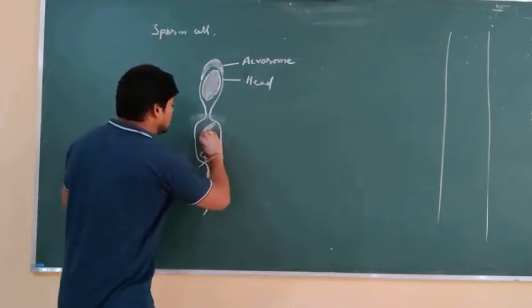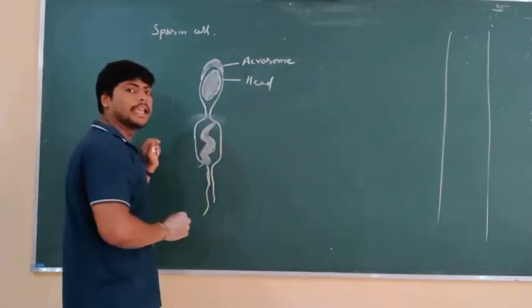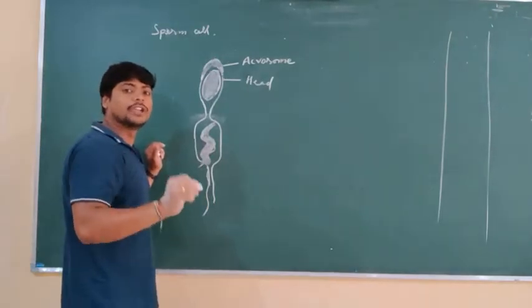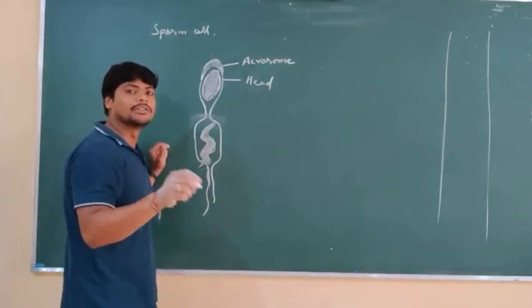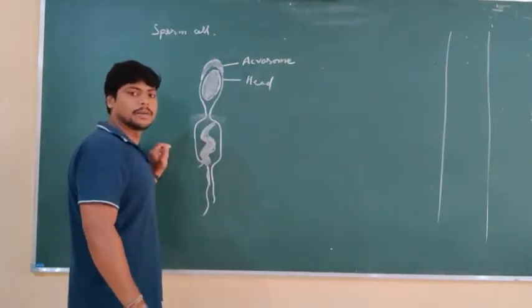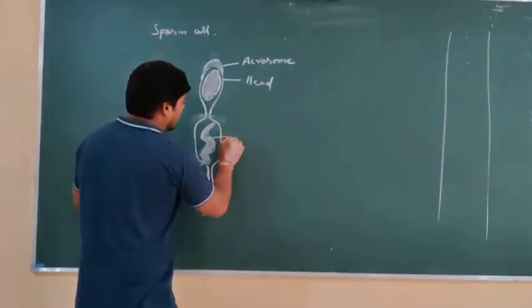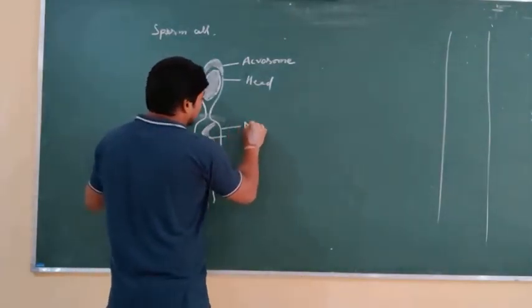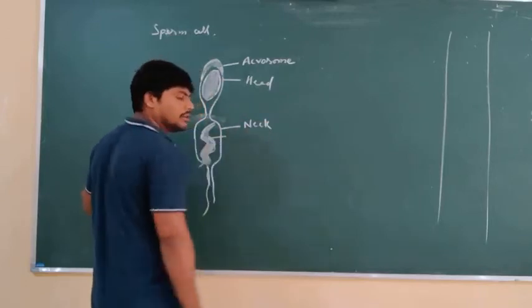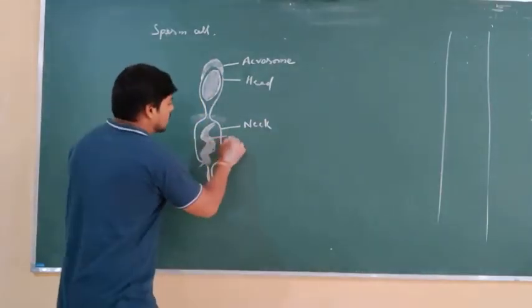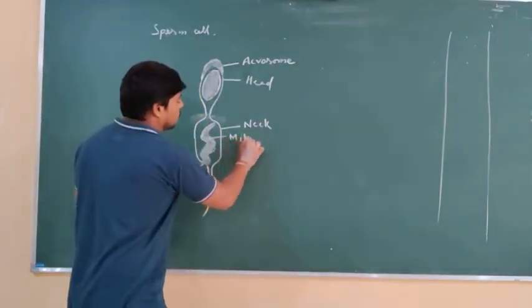The mitochondria plays a key role in the production of energy for the motility of the sperm cell. This is the neck region of the sperm cell, and it consists of mitochondria,